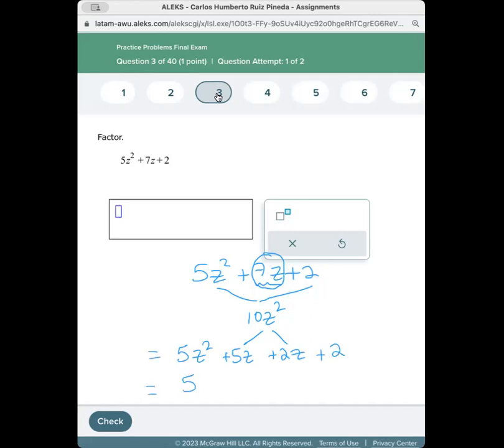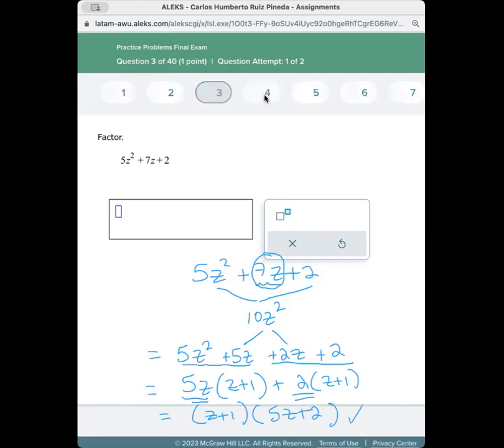In the first pair of the binomials, we have 5z as the common term that multiplies z plus 1, plus we have in common the 2, z plus 1. We have in common z plus 1, and we complete the factoring 5z plus 2 with these two, remember? And we are super done. The next one